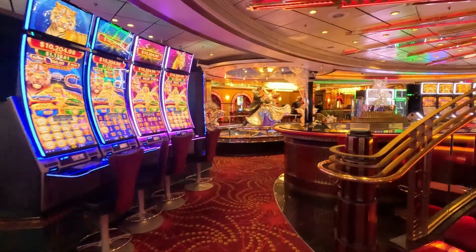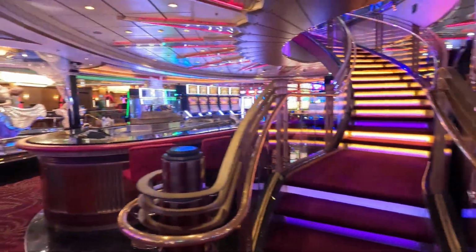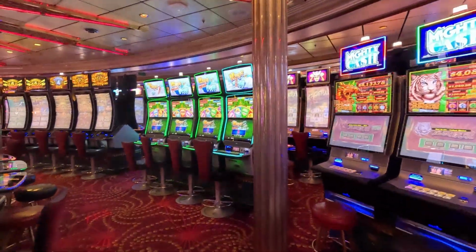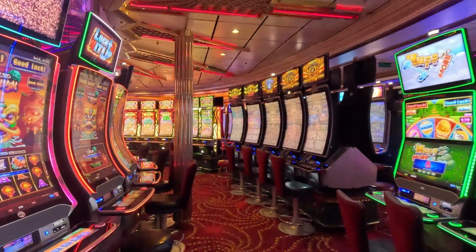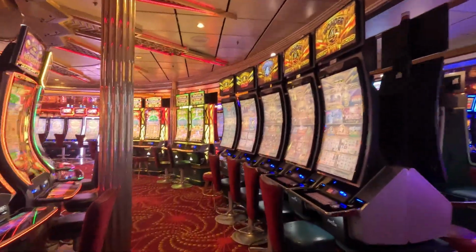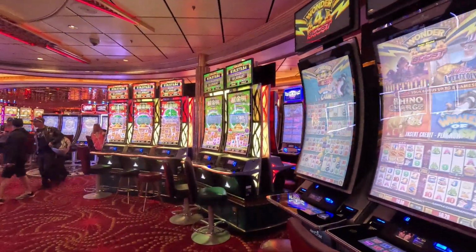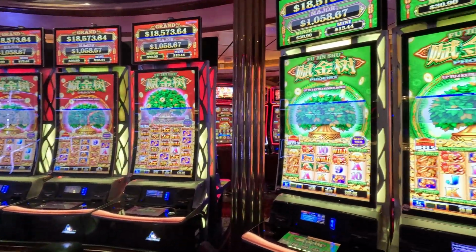And to the left of the stairs here, we've got the Casino Bar. And then the stairs will take you right up to the Royal Promenade. We'll turn around here. We've got Gold Stacks, Mighty Cash, Huff and More Puff, Legends of Nia, Lock It Up, Wonder 4 Gold and Wonder 4 Boost, Fujin Shu Phoenix and Fujin Shu Dragon,